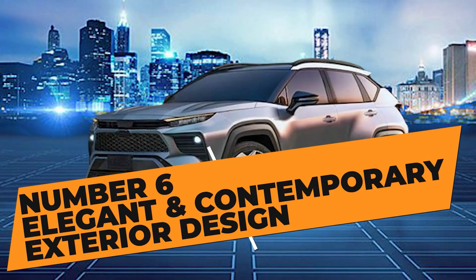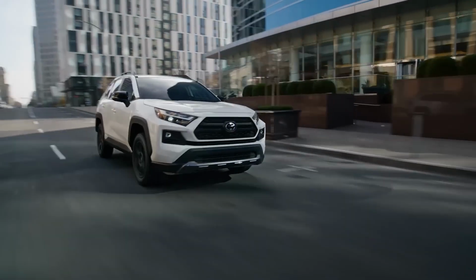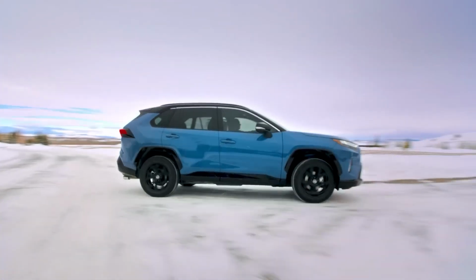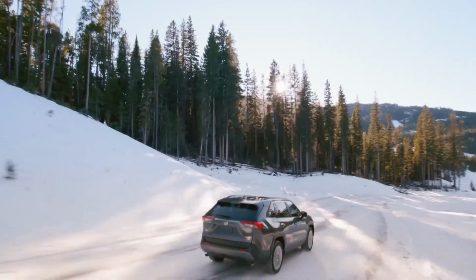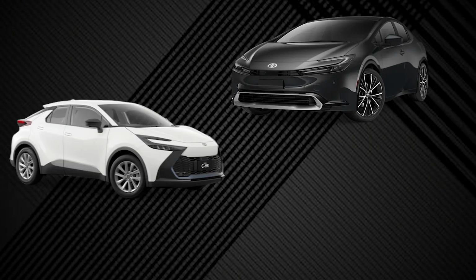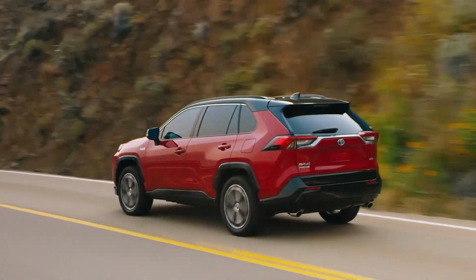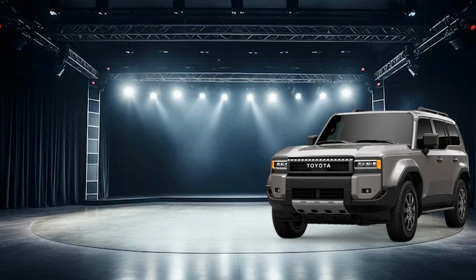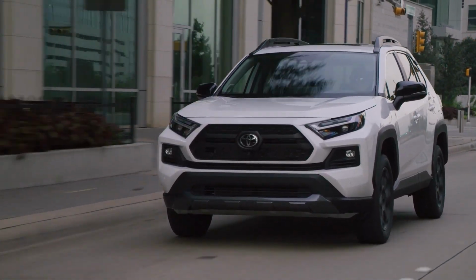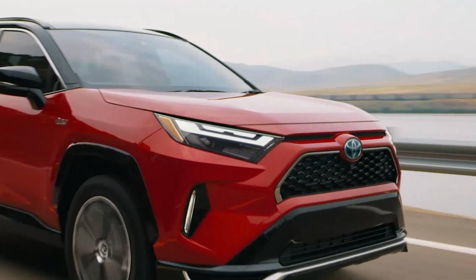Number 6. Elegant and contemporary exterior design. Let's be completely honest. The RAV4, as nice as it looks now, sticks out like a sore thumb from the entire Toyota lineup. It neither fits in with the more elegant crowd, such as the Toyota Prius, CHR, or the Toyota Camry, nor does it fit in with the rugged and tough off-roaders, such as the Land Cruiser, 4Runner, and others. It falls somewhere in the middle, with a very mid-2010s design language that, while still serviceable, started to lag